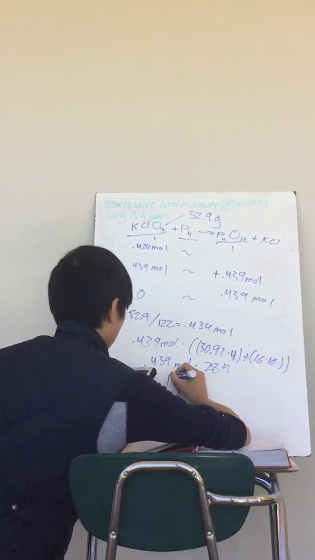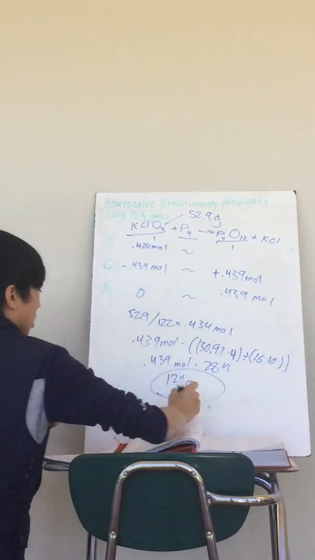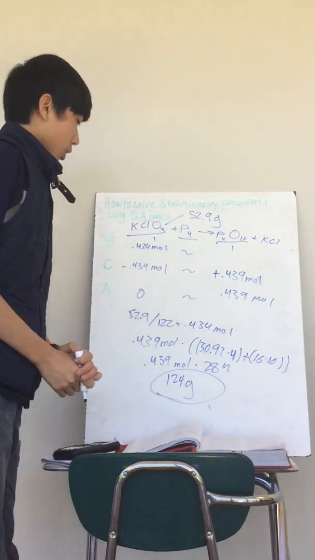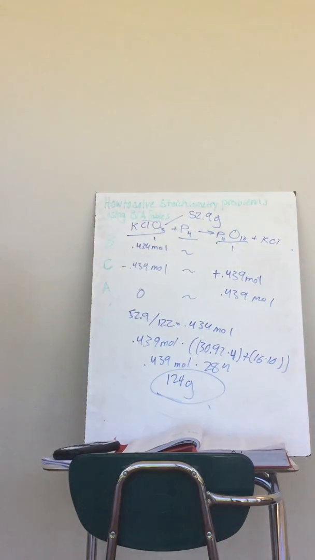That in turn will give you 284 grams. So what you want to do is get these numbers, and say 284 grams of P4O10 will be produced. What you want to do first is